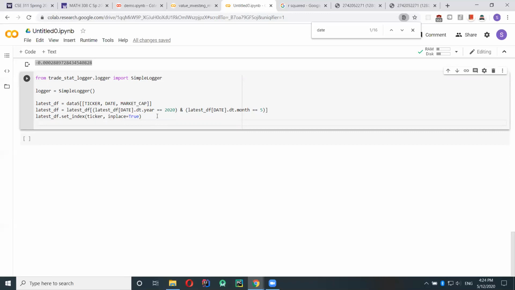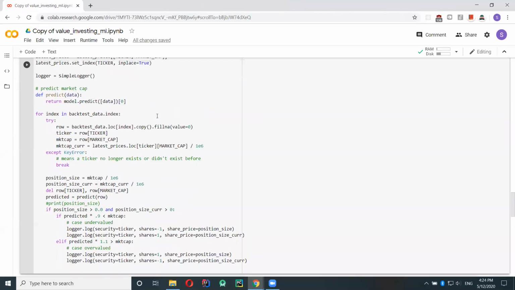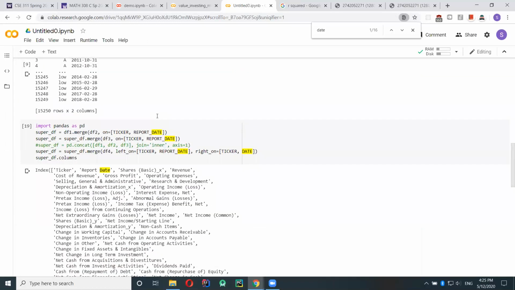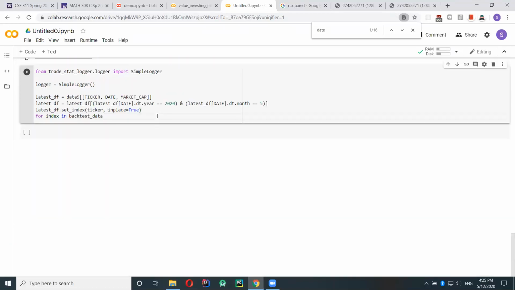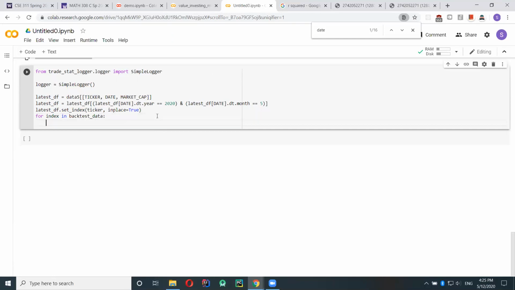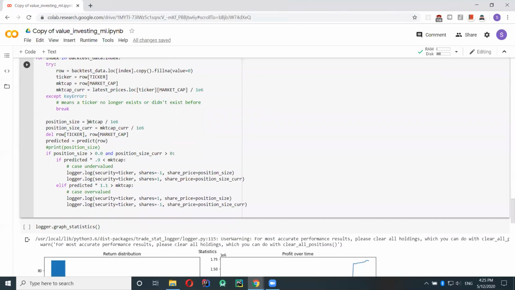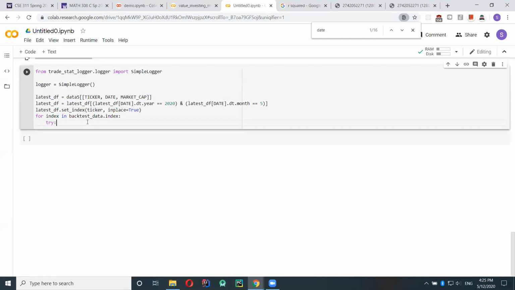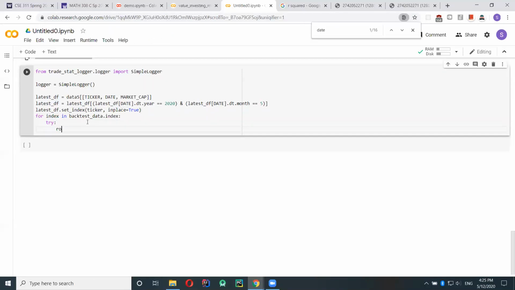Okay, now if you remember earlier, we sectioned off a little bit of our data for backtesting our algorithm. So let's iterate over the index. Let's get a row.